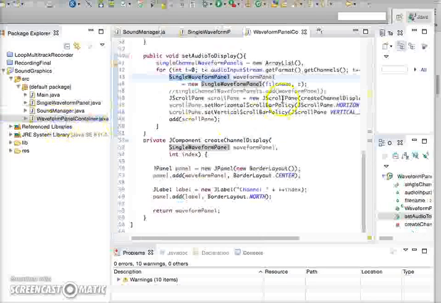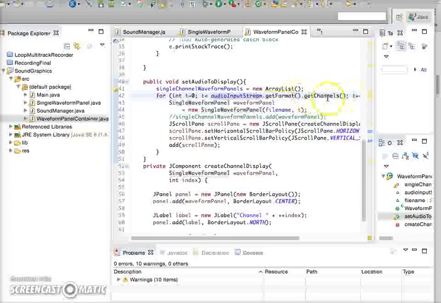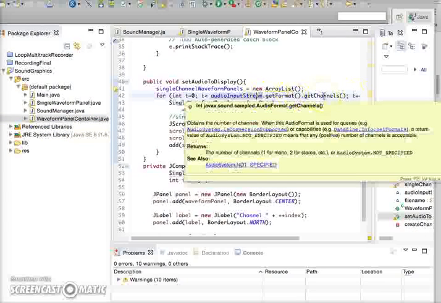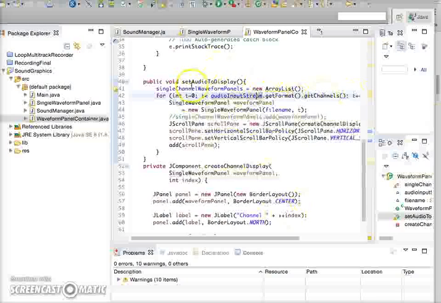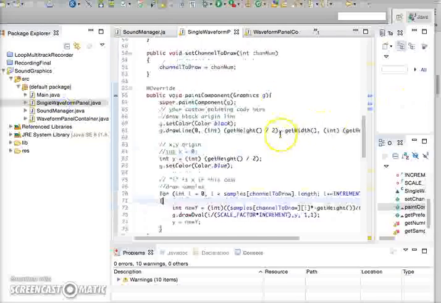So if we look at that, it just checks to see how many channels there are in the sound and creates these single waveform panels, which does all the graphical work. So if we look at the single waveform panel,